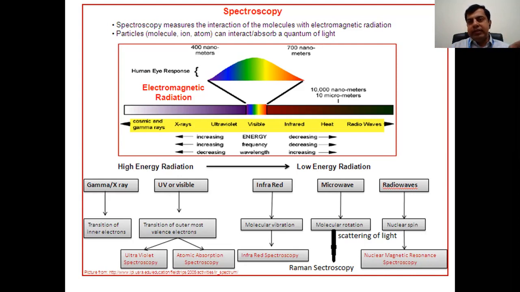This extra energy released is called X-rays. So X-rays are due to the transition of the inner electrons, meaning electrons present in the K shell,